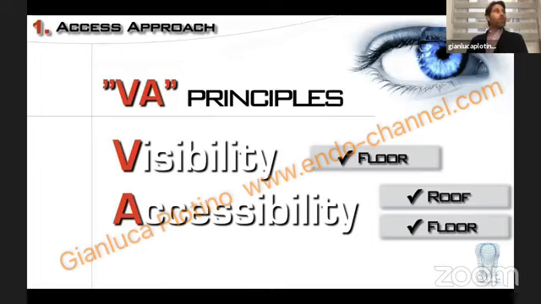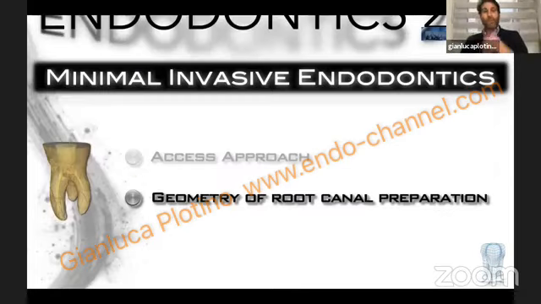So if you are able to see and have visibility and to recognize all the root canal anatomy, you can be as conservative as you need to have visibility and accessibility to that case. If you don't have it, you need to enlarge a little bit more. For example, if you don't have loupes to see better, you have to enlarge more. Respect if you have the loupes. So these are the concepts that I would like for you to follow.